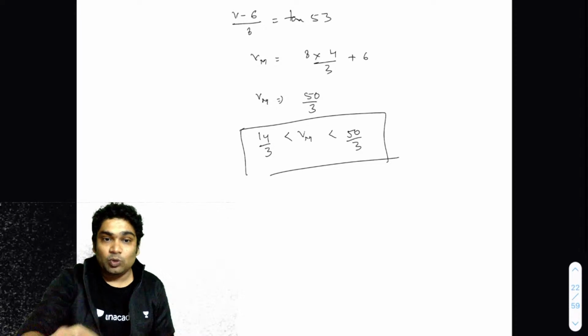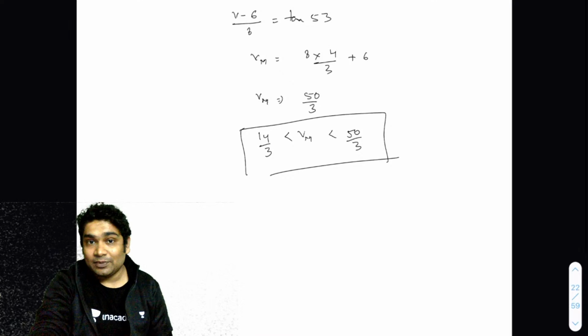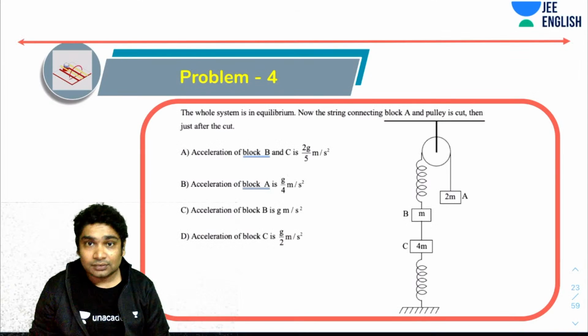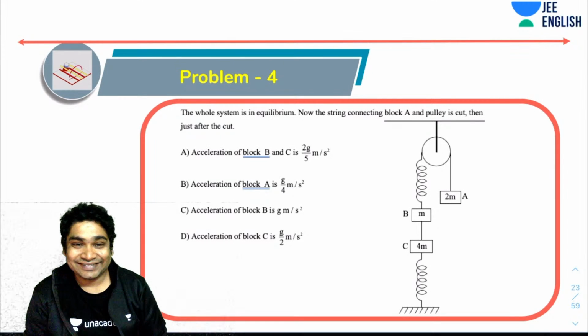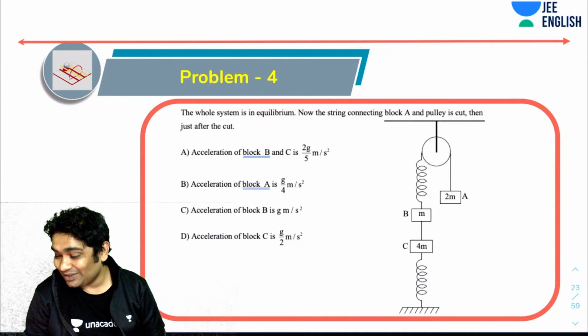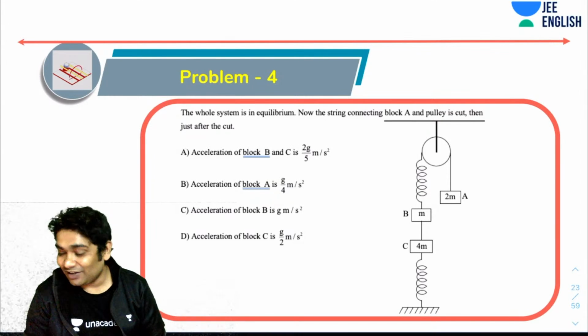All right. Now let's move on to the next problem then. The next problem is this. This is again the fourth problem of the paper for class 11 students. So I think some of the problems are very simple, but some can be slightly tricky. Okay, so let's take a look at this.